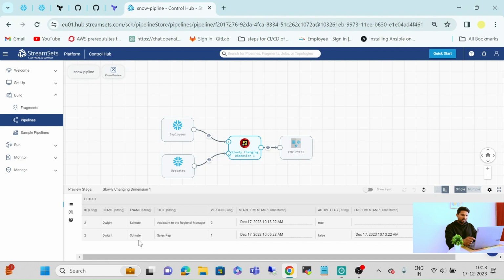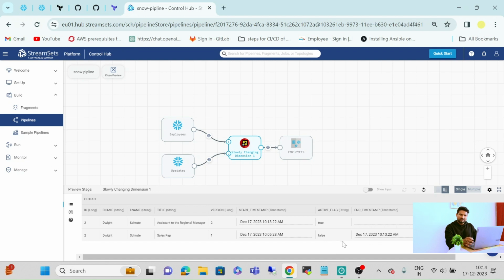Here you can see our customer's first position was sales representative, and it will provide also the version numbers, and here you can see the start timestamp and the end timestamp, because the position is now false, it's not currently active.